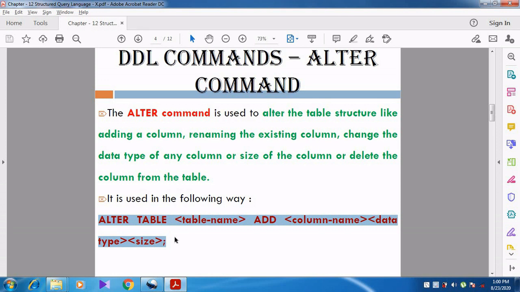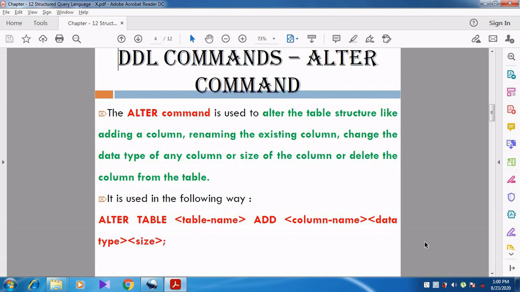For that we follow the syntax: alter table is the command, then the table name which you want to alter, then the keyword add, then the new column name, and then the column's data type and its size. These things should be specified in the command.